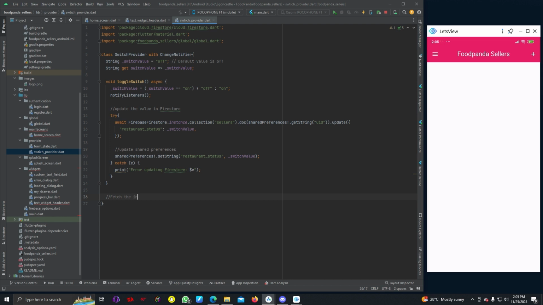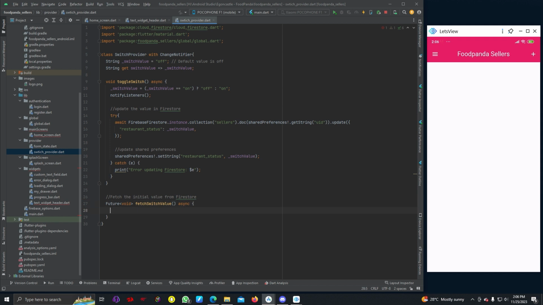So fetch the, I can write a comment, fetch the initial value from Firestore. So future void fetch switch value